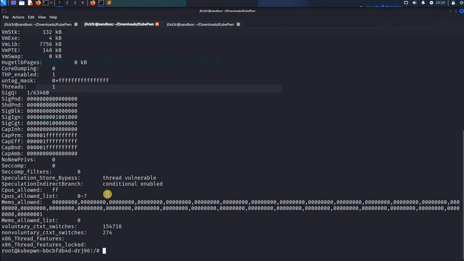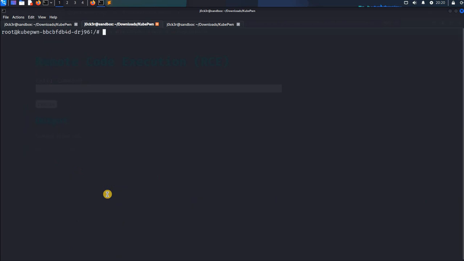It's always easy to use the grep command rather than doing this. So we can use grep for CapEff. It is going to give me the Linux capabilities. So this particular user has the Linux capabilities of 0000, 1 and then all fs, which is a very risky